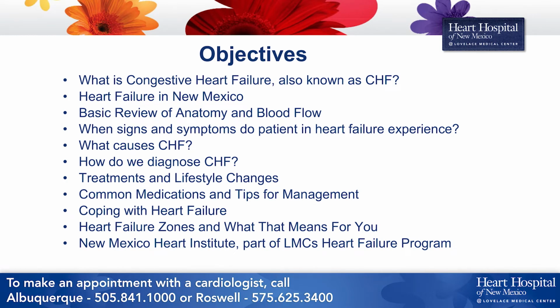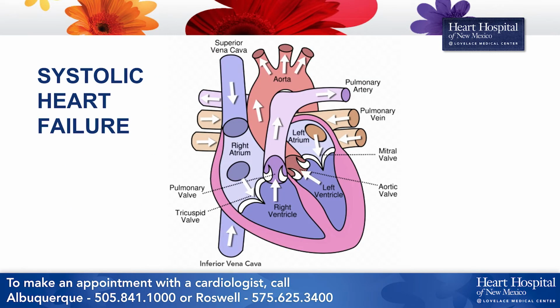To get started, I would like to review basic anatomy and function of a healthy heart. We have 4 chambers in our heart. The top 2 are known as our atriums. Deoxygenated blood enters the right atrium from the body, and then the oxygenated blood enters the left atrium from the lungs. Our 2 lower chambers are considered the pumping chambers of the heart. These are known as your ventricles. The right ventricle helps pump blood to the lungs to be oxygenated, and the left ventricle helps pump oxygenated blood